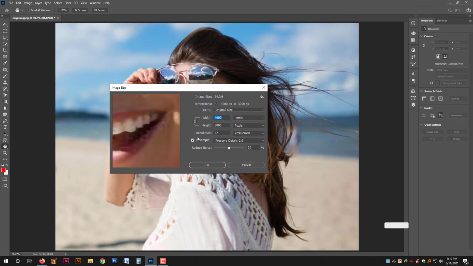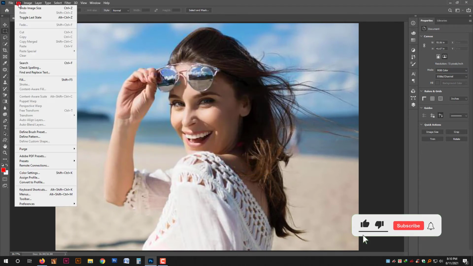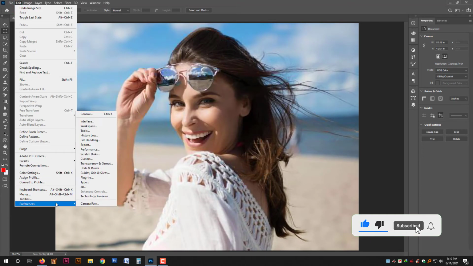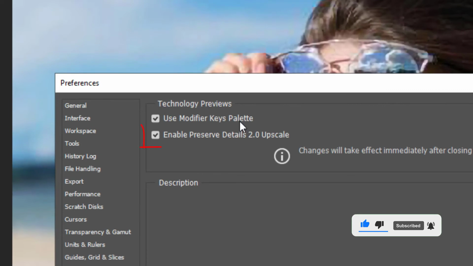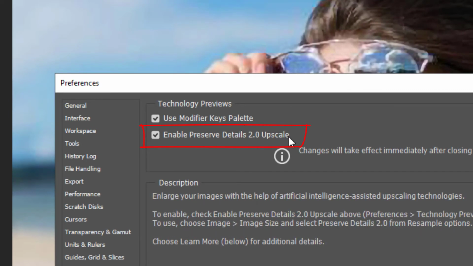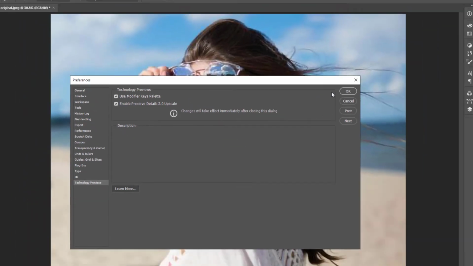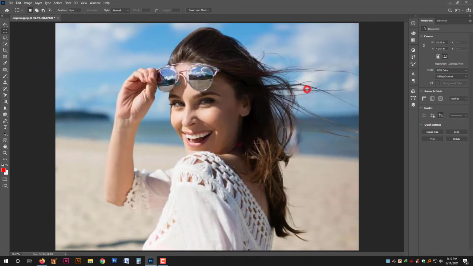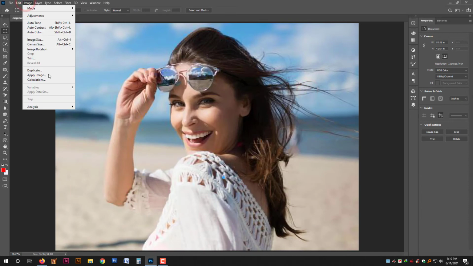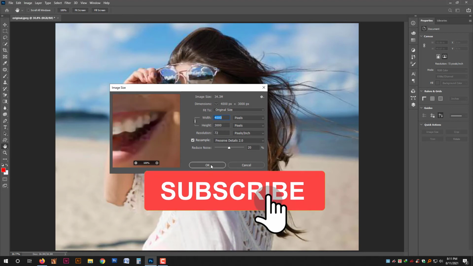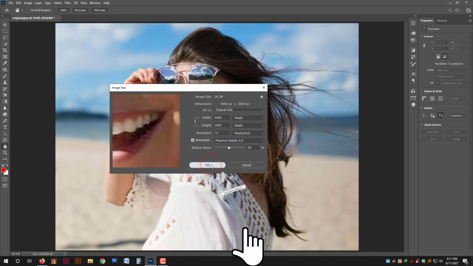So again, the trick is in Photoshop, go to Preferences, go to Technology Previews, and make sure that Enable Preserve Details 2.0 is on. Then when you go to Image Size, under Resample, make sure that Preserve Details 2.0 or Preserve Details Enlargement, they're very much the same, is on, and you're going to get